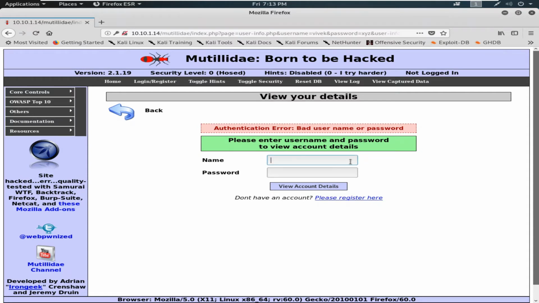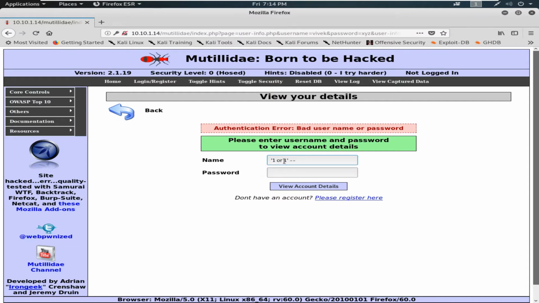So I'll use some skill, some SQL injection. This is what I'm writing: a single quote, then 1 equals 1, which is a logical OR condition. You know that one will always be true.